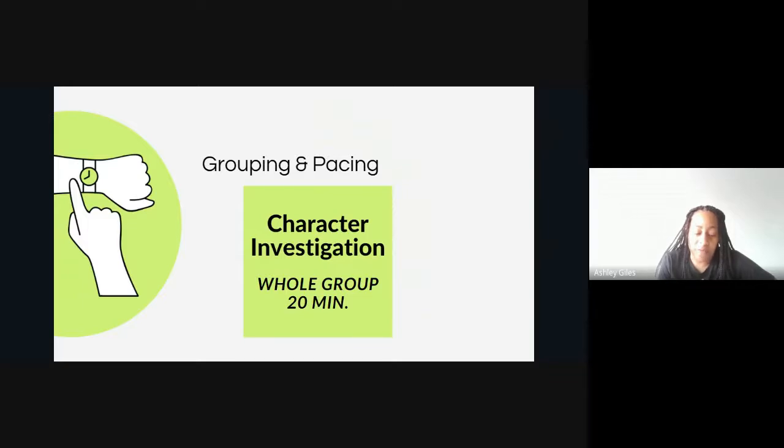The teachers are going to start off by reviewing the theme. Here's our word, aspirations. Remember, they're going to review that theme from our previous lessons, in which we mentioned that word is going to carry all the way throughout our unit. And the teacher's also going to introduce character investigation. So we're going to dig deeper into character. We set the foundation on character, and now we're digging in.